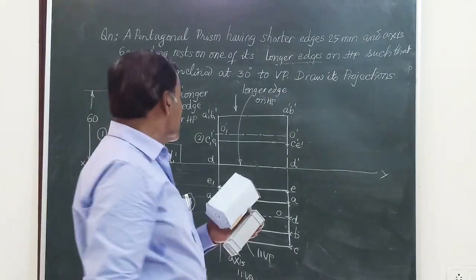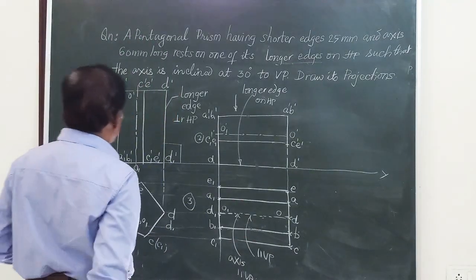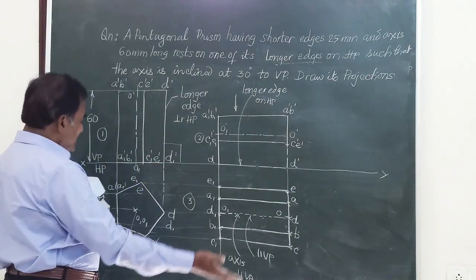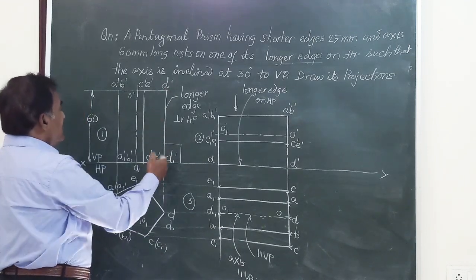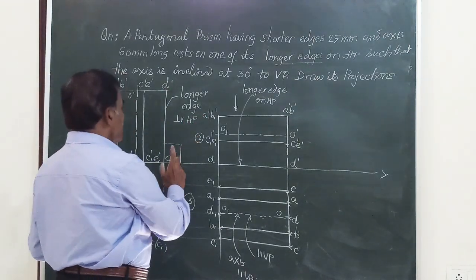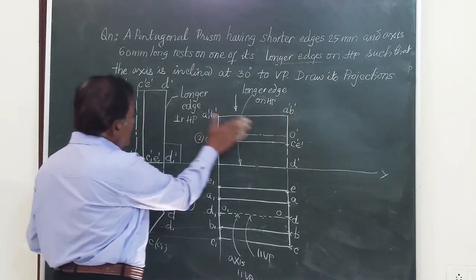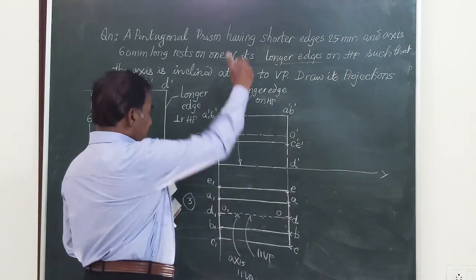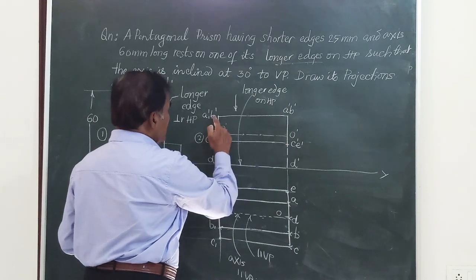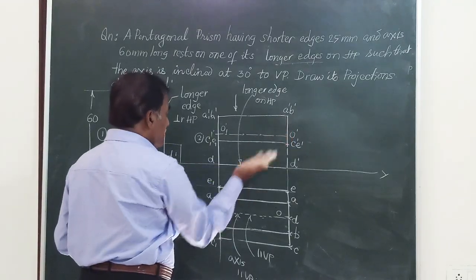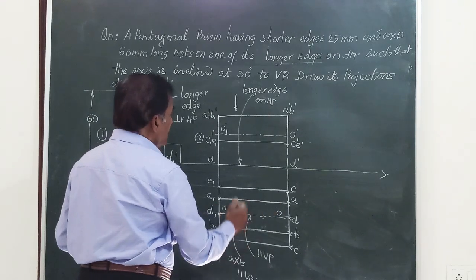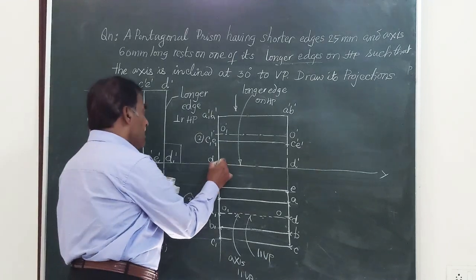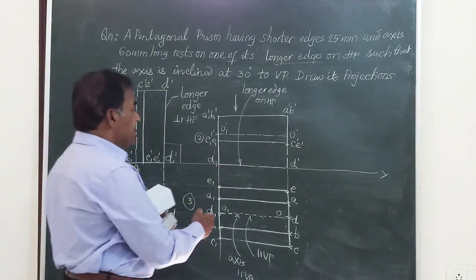Friends, here to just recall all this, we had the object resting on one of the pentagonal faces with a corner towards the right. Then the last line in the front view represented the longer edge, which was perpendicular. I have written down this figure as figure number 2 by taking this DD on the XY line, and obtained the top view. In the top view, this rectangular face A1 dash, B1 dash, A dash, B dash is completely visible, and that I have shown here. And the edge on which the object is resting, the longer edge B dash, B1 dash, is not visible to the observer, and hence I have shown it by a dotted line.